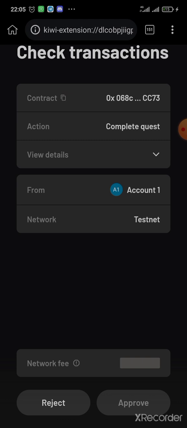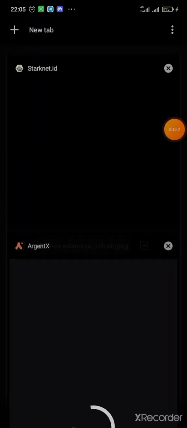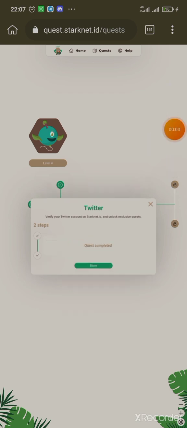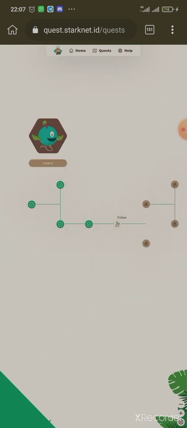So I think we are going to wait for the transaction to pop up. So now just click on approve. When you click on approve, just go back to the website and wait for everything to be done. It will take a minimum of maybe 30 minutes. When this one is complete, I will just click on done, and after that I will click on